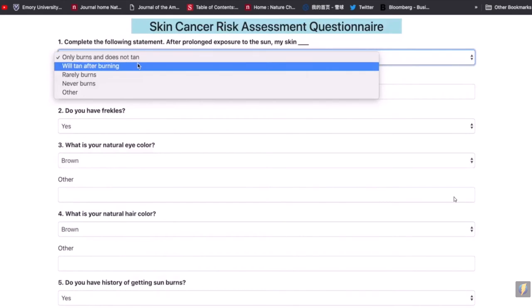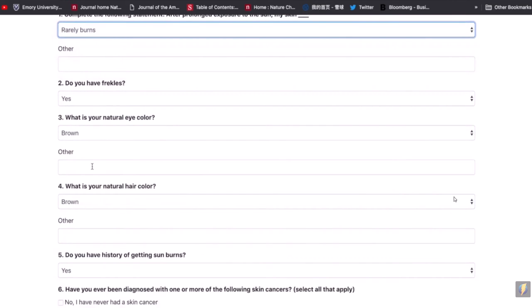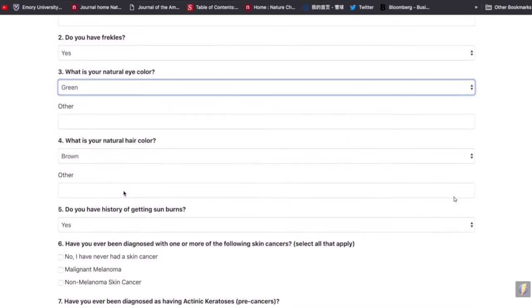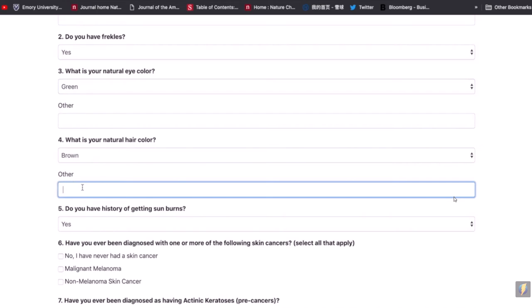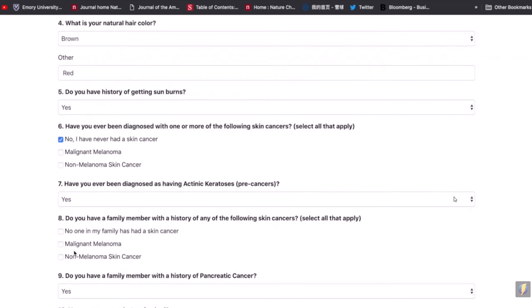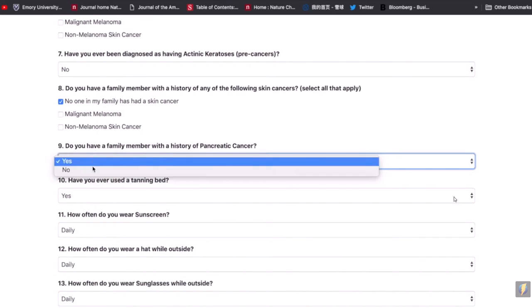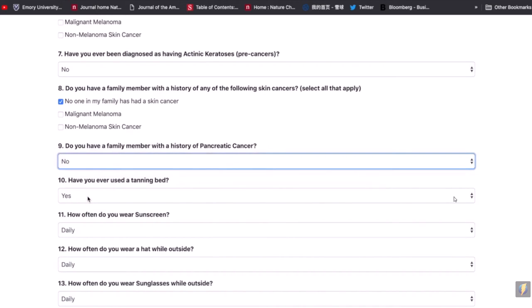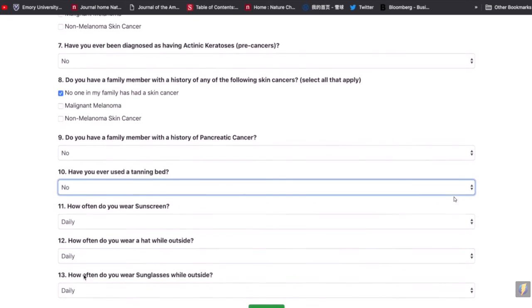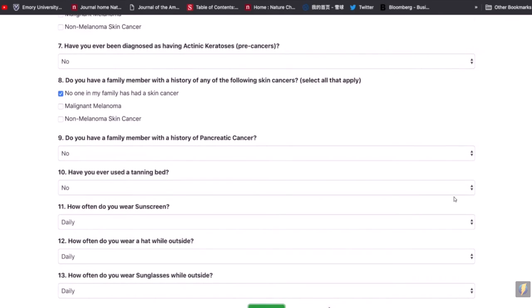You can see that we can fill out the information through this drop-down menu, and we can select. We can also select into here, and then if we want, we can also fill in information. And then we make more selections, filling out these questionnaires, and then just quickly go through. No history of cancer. No. After we finish filling out the questionnaire, we can just click the submit button, and